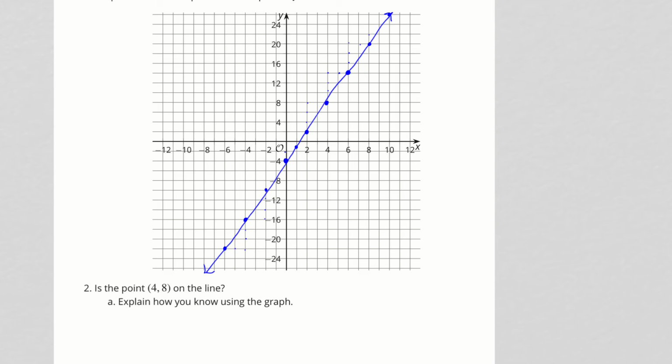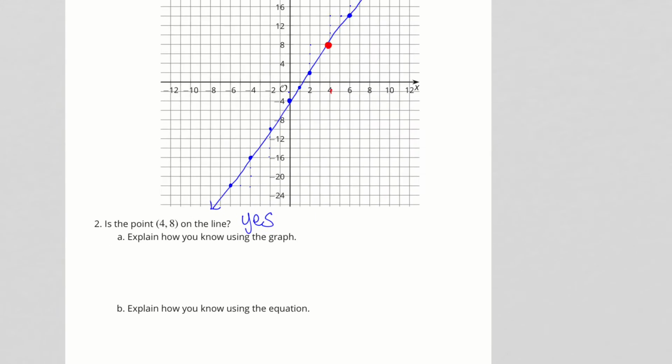All right. Is the point 4, 8 on the line? Yes or no? Yes. How do you know it's on the graph? Or explain using your graphs. So I go over here to 4 and then go up to 8. How do I know that that point is on the line? This one's pretty simple. It's just because it goes through the line. So you know that it's on the graph